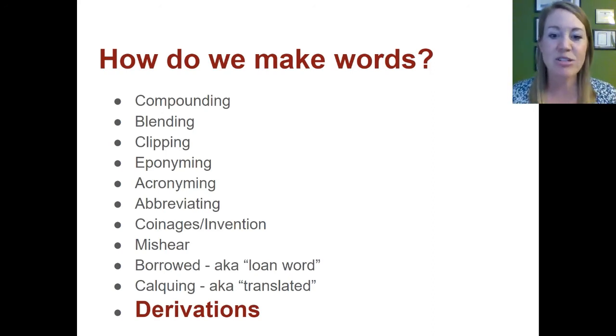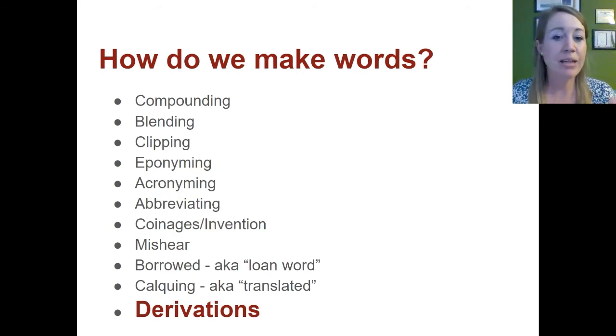If you go down that list and you see the word borrowed, this term might already be familiar to you because when we've discussed the history of the English language, we found out that a lot of the English language has been borrowed from other languages. Something that's not on this list, which we'll discuss a little more, are native words. These are words that have existed since Old English, Middle English, right? So words that have been around for a long time. And we saw a little bit of that history in past lectures. But right here is how we basically get any new words in English right here, right now.